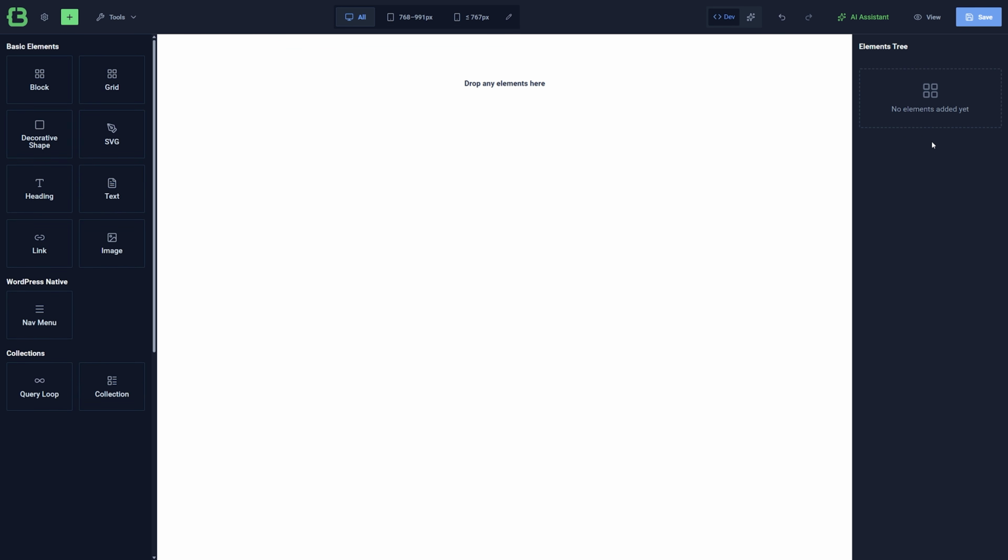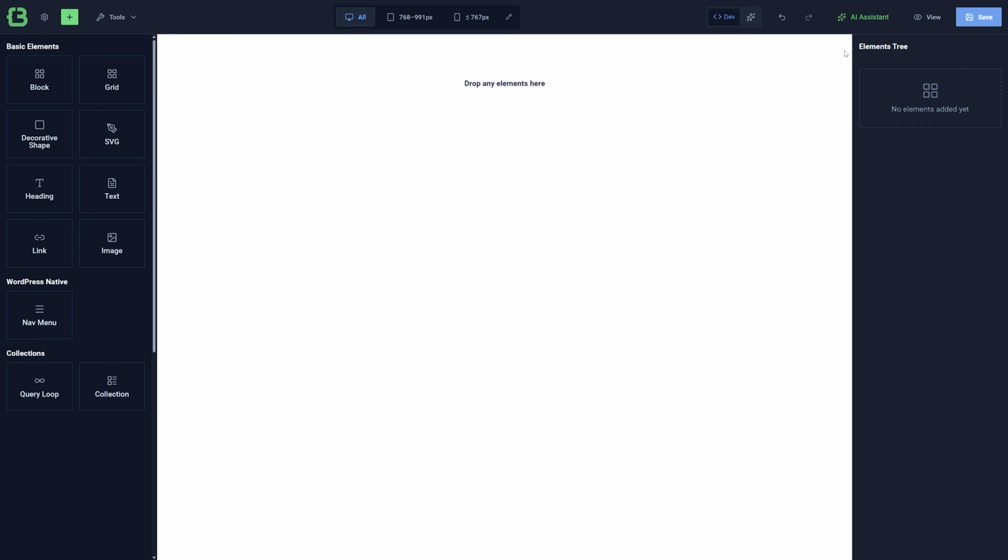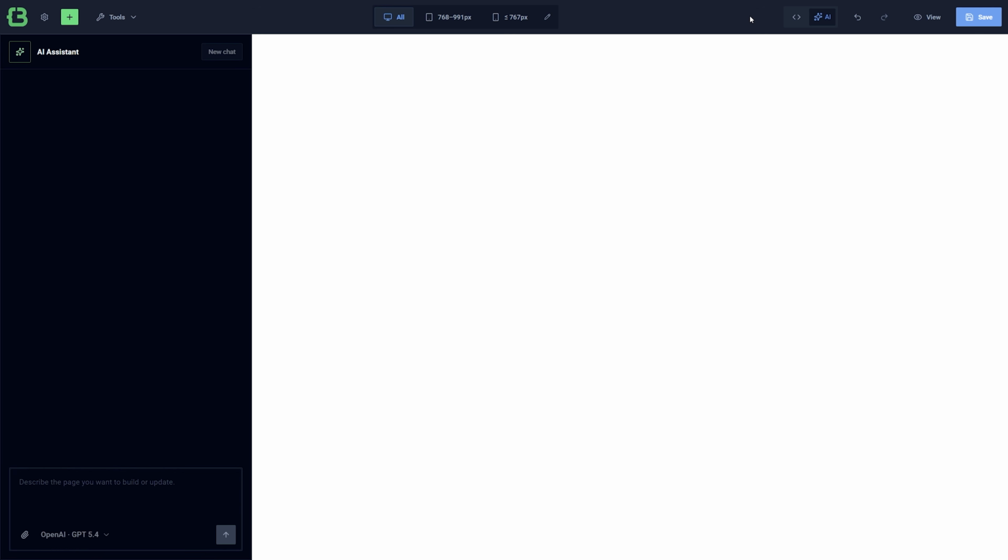At the top, you'll find powerful tools designed to support every stage of the building process. Here are the main ones. The AI assistant can generate entire page structures from a single prompt, and we will take a closer look at it later in the video. Whether you prefer full control or an AI-guided workflow, CrocoBuilder lets you switch between both experiences instantly without interrupting your